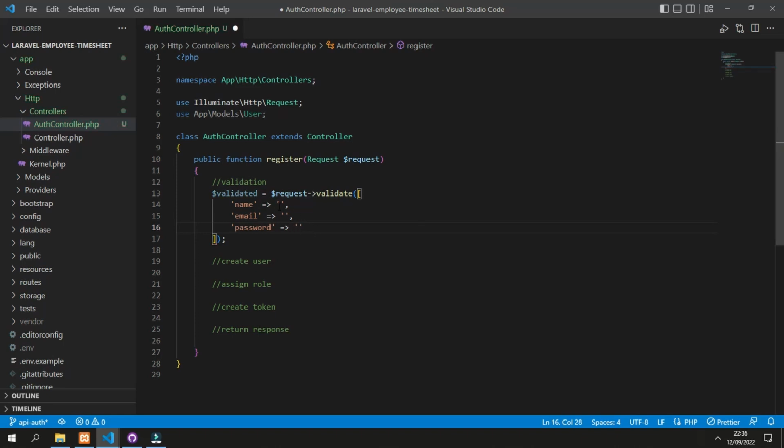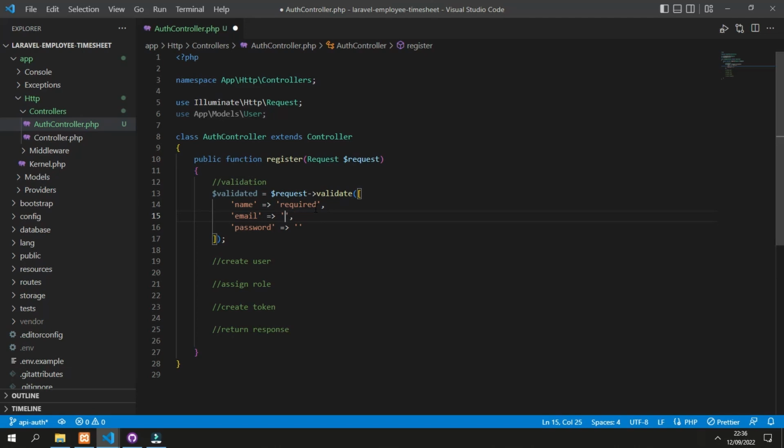The value on the right side here would be the rules that we want to use to validate. So for example, for the name we will use the rule required. So that means that for this request, it is required to have a name parameter.